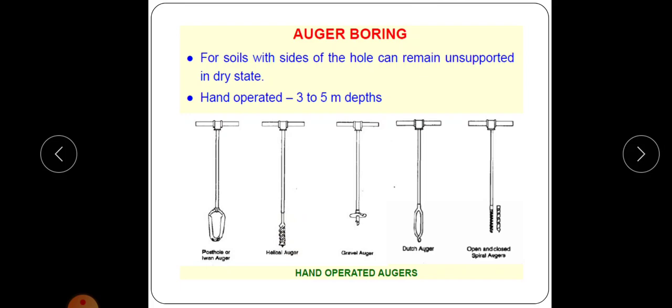If the hole is already driven, another type of auger known as a post hole auger is used for taking soil samples. If the hole is already there, we can use post hole augers to collect the soil sample. So in hand operated augers, the hole is advanced by turning the cross arm manually and also at the same time applying thrust in the downward direction. Like that, we are making a hole using hand operated augers.